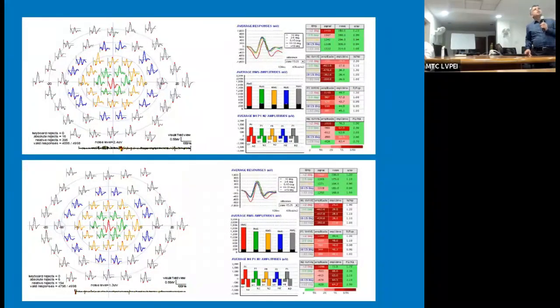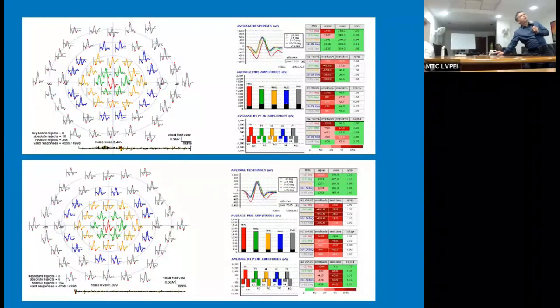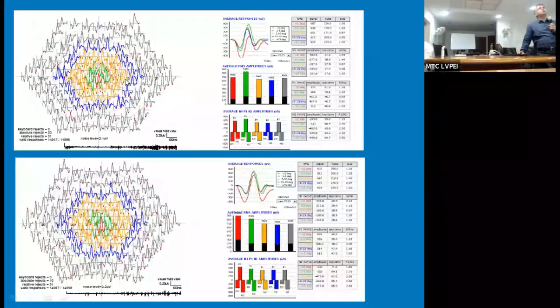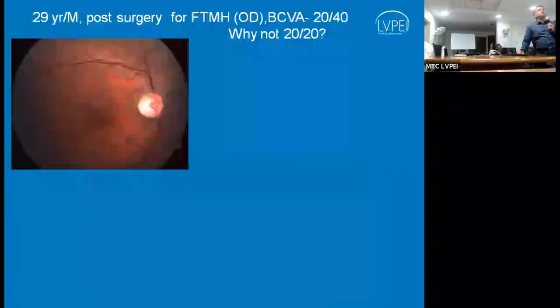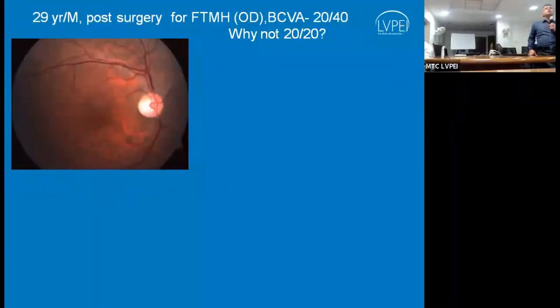We can see that usually HCQ affects the waves from the 2 to 6 degree, and there are good waves from those areas. So even to get a better resolution, we used a larger number of hexagons, and we can see that there is a good response from that. So we advised to repeat the test, and on the next visit, the HVF came to be normal. So we continued the hydroxychloroquine. That is how it helped us in confirming the early drug toxicity.